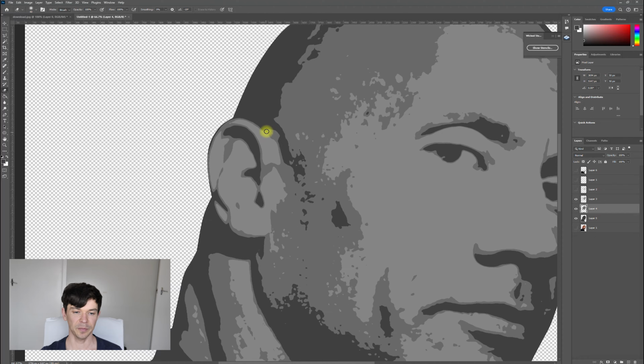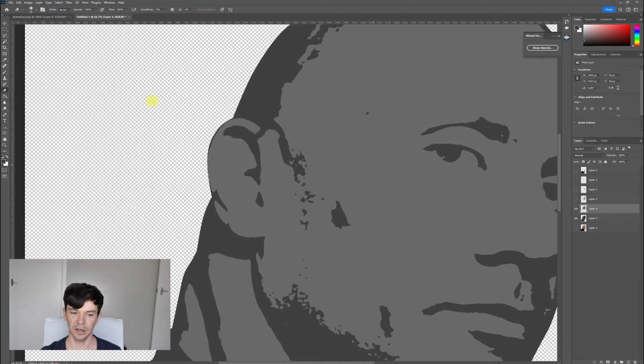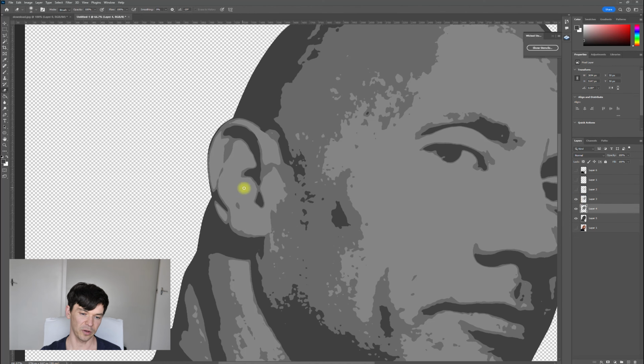So I'm going to start with the ear over here, so it's easier for you guys to see. And I think the best place to add a bridge over here is just over here. So that way when I switch off the layer above, this little bridge here will hold all of this in place. And let's see if we can add another one as well. So I think if we went around there,